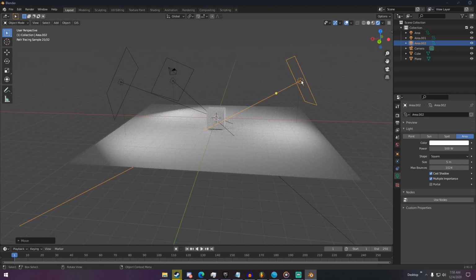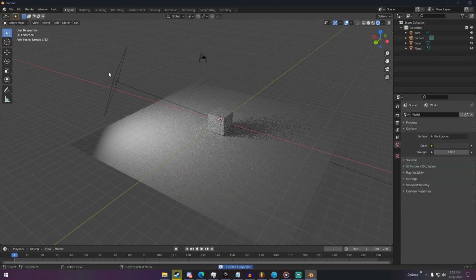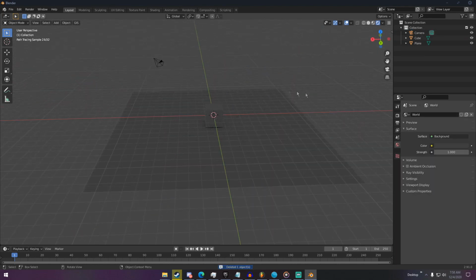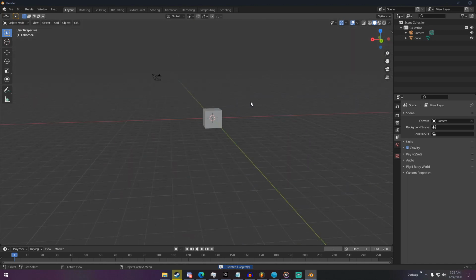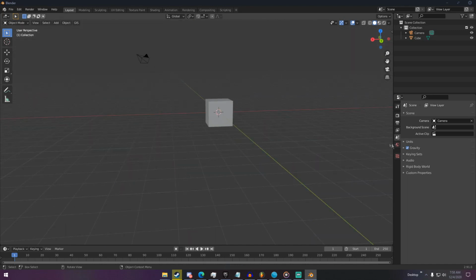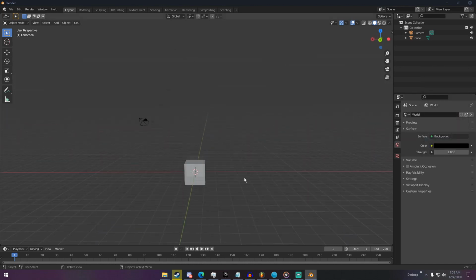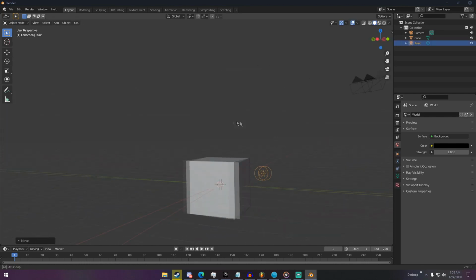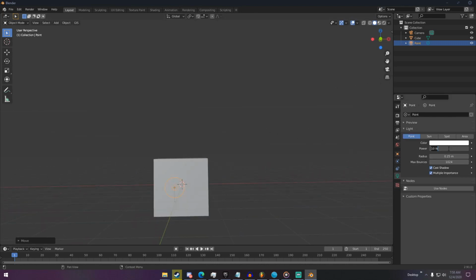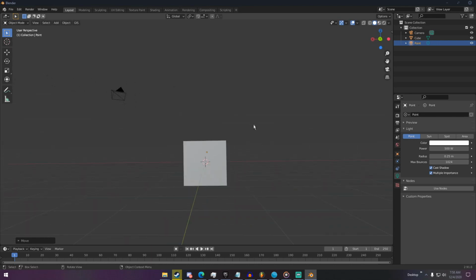And now on to our next lighting, which is rim lighting. Rim lighting is very good if you're trying to get a focus on the outline and the silhouette of your object. So I'm going to go ahead and change my world settings down to black for this. We're going to press Shift A and add a point light. We're going to put the point light behind the cube like this. We're going to change the color to about 500. And now if we go into render view from the front,